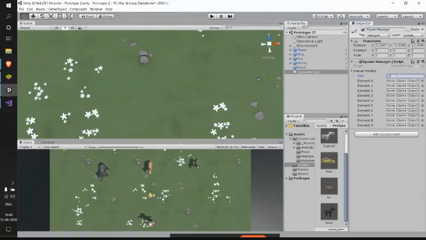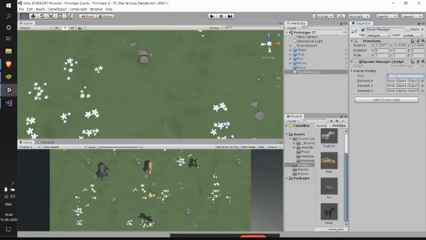So coming back to Unity, I have 3 elements here. I gave my size as 3, and let me assign them. In the first one, I'm dragging and placing my dog prefab, whereas in the second element, which is the element with index 1, see, the tricky part is, for us it is 1, 2, 3, whereas for the computer it is 0, 1, 2.